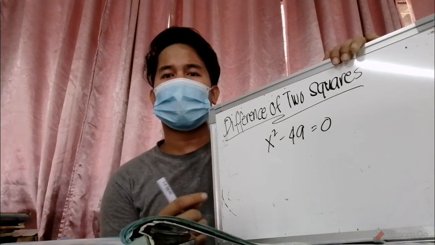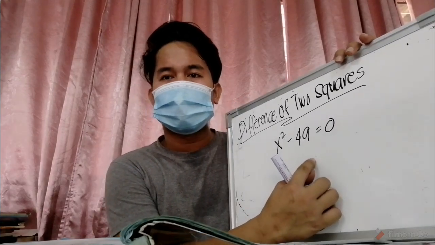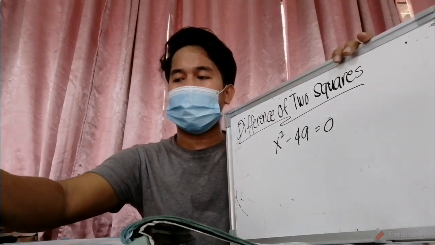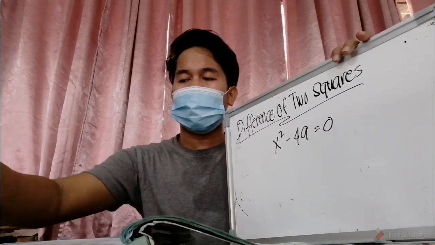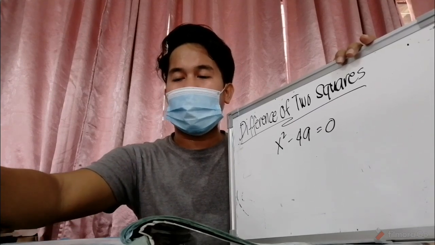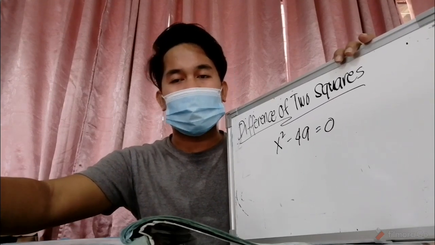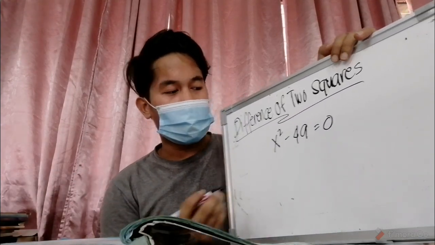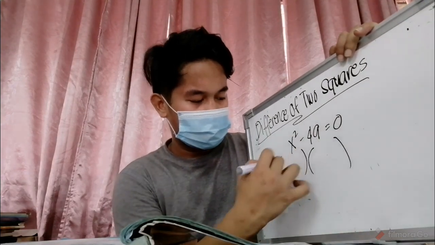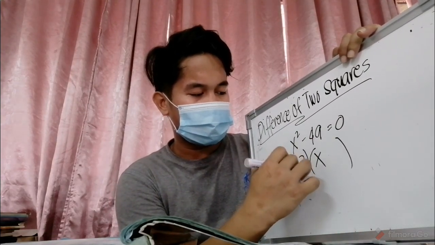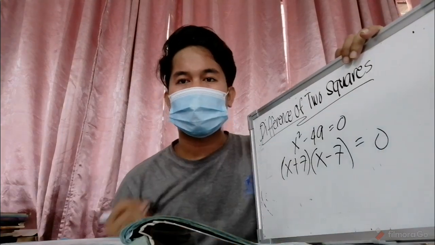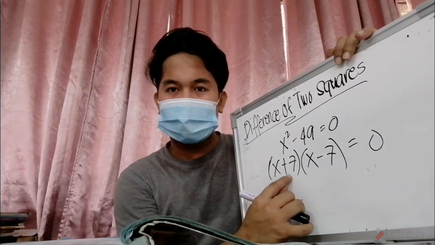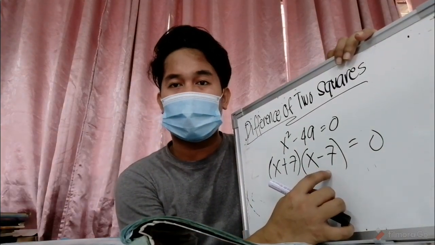And what is the factor of 49, which is a perfect square? That is, numbers that are the same with each other. So perfect square. So ano ba yung number na ang lalabas ay 49 pag multiply natin sa sarili niya? So we have 7. Okay? So therefore, our factor here is x plus 7 times x minus 7 equals 0. So how come na ganun yung factor natin? Because positive 7 here multiplied by negative 7 is equal to